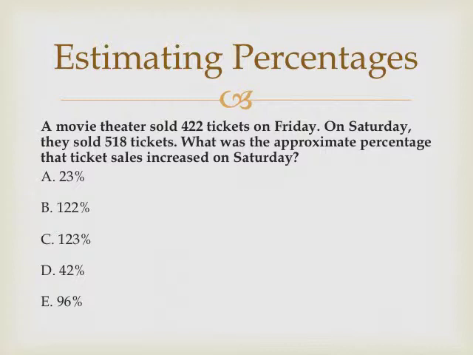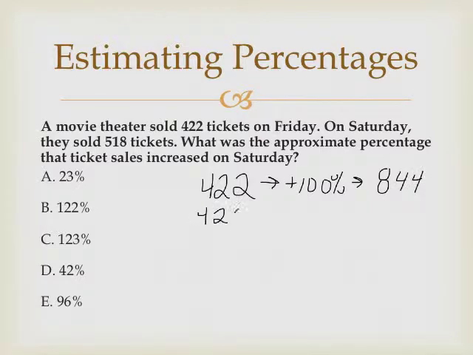So if I started with 422, we'll look at this a couple different ways. And I went up 100%. Okay? A 100% increase is doubling. So that would bring me to 844 people. Okay? If I had only a 50% increase, then I'm increasing it by half, which would be 211. So that would bring me up to 422 plus 211 would be